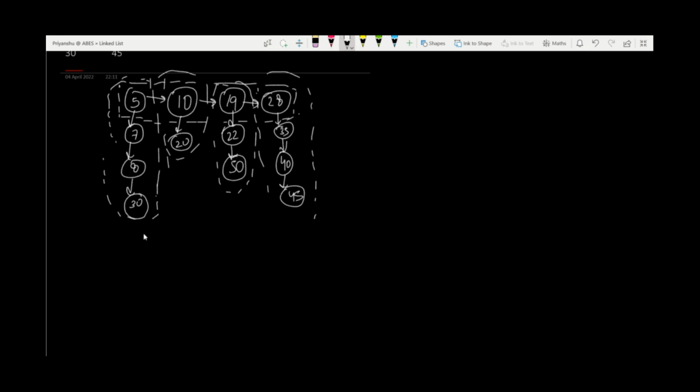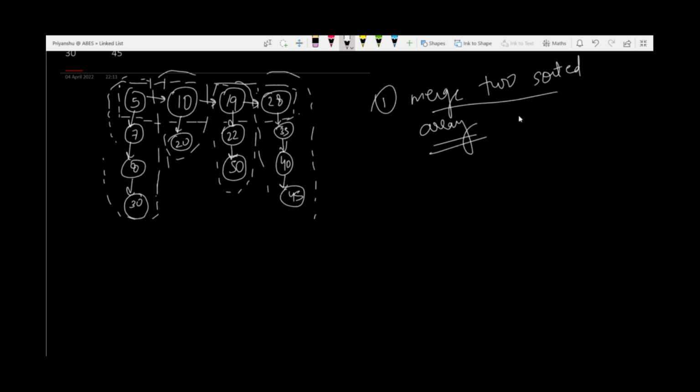So how will we solve this question? We have solved a question named merge two sorted arrays. We have solved this question previously. So these are two sorted arrays. What we have to do is recursively merge these sorted arrays, and at the end we have to return the answer. So how will we do it? At the starting, our head will be